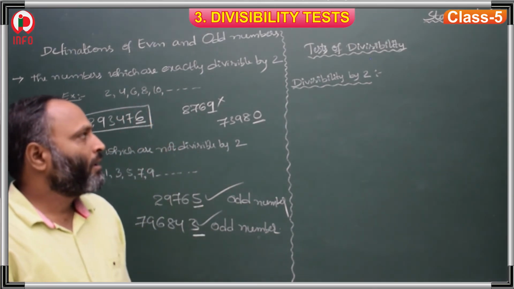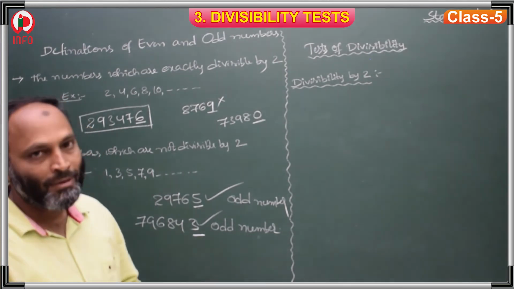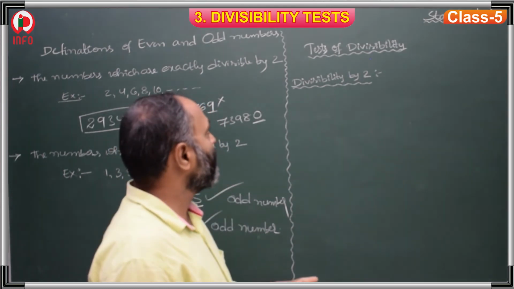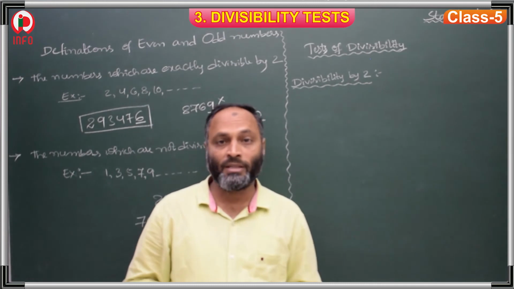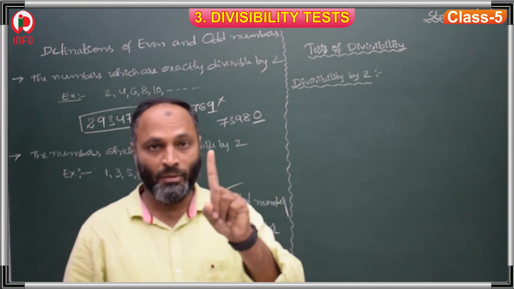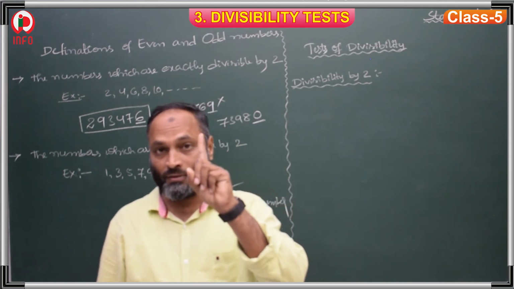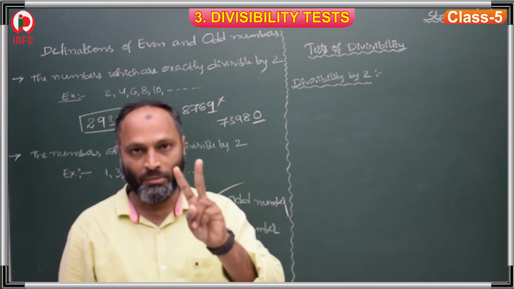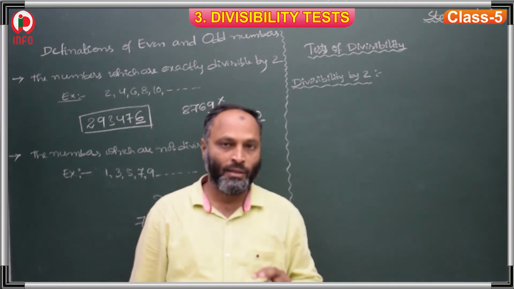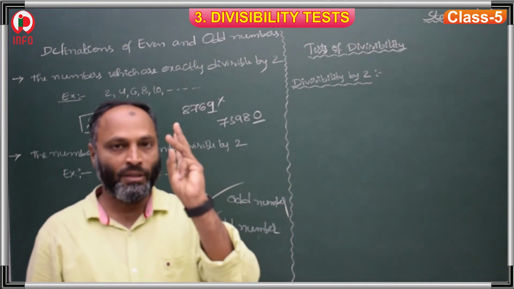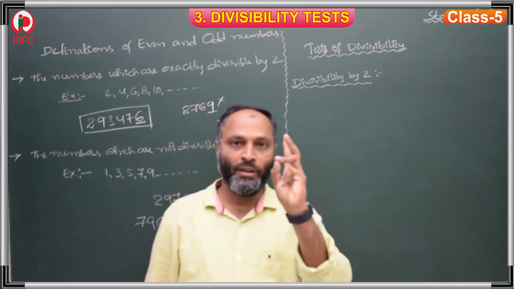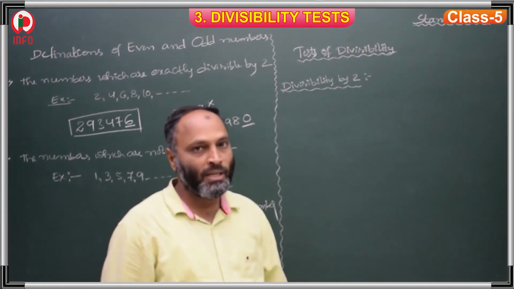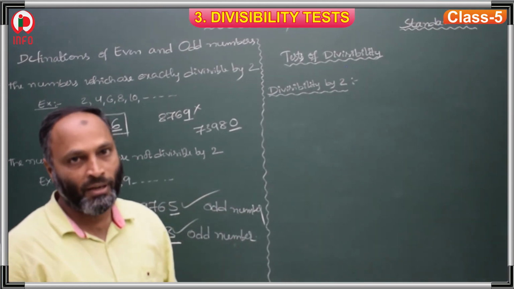Now we are going to check the divisibility test. Our next topic is our chapter. Before starting our chapter, what did we discuss about numbers? First we discussed factors, definition and properties, and after that multiples, definition, properties. Then after that we discussed even numbers and odd numbers, how to find whether the given number is even or odd. Now the topic is divisibility test. How to decide if the given number is divisible by 2.